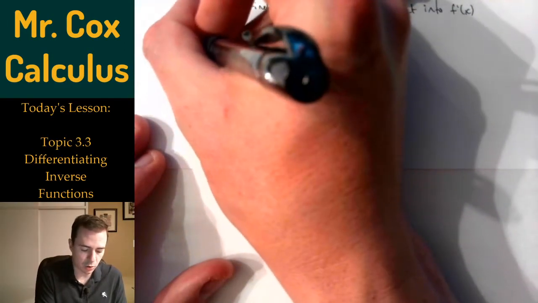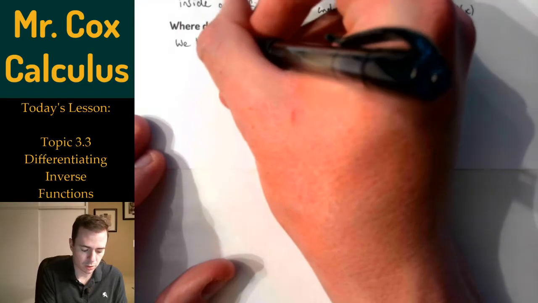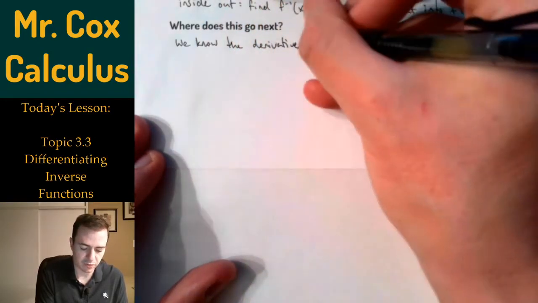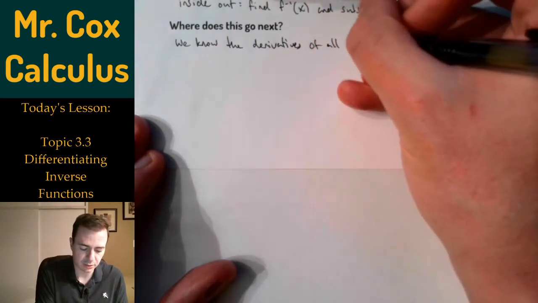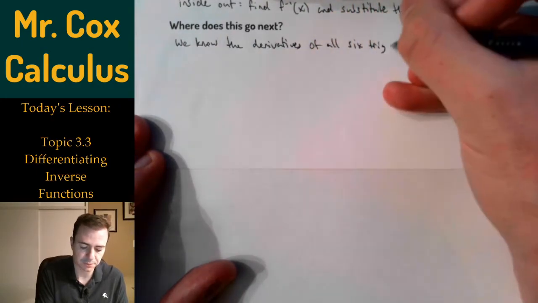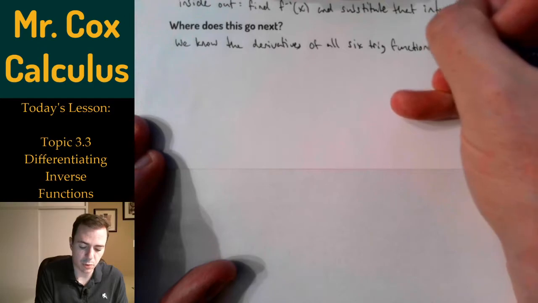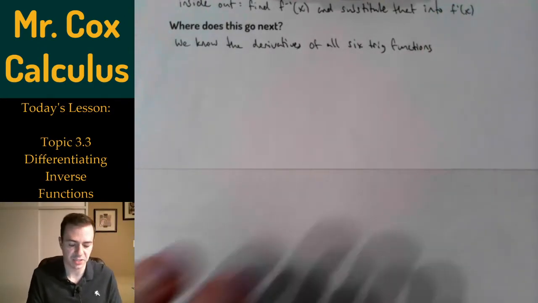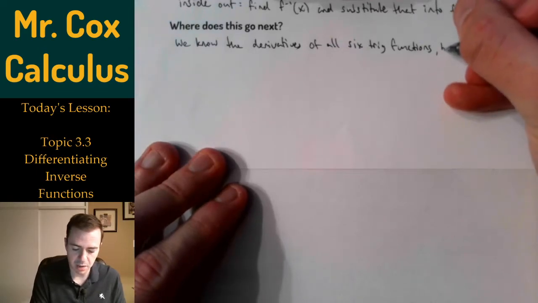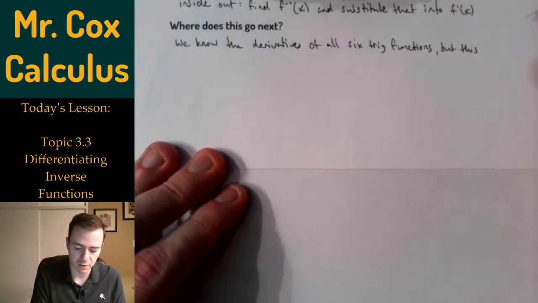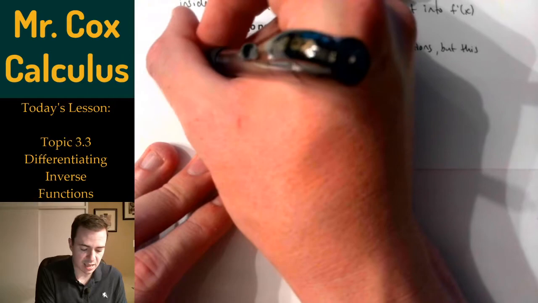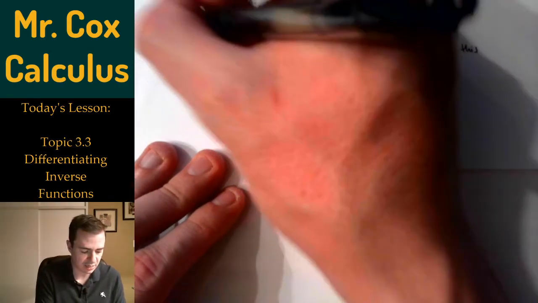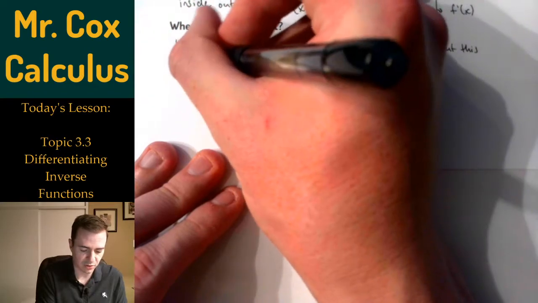So we currently know the derivatives of all 6 trig functions. We learned them throughout the course of Unit 2 for sine, cosine, tangent, secant, cosecant, and cotangent. But this rule right here, this idea that we can take a function's inverse and also differentiate it, for the derivatives of inverses,